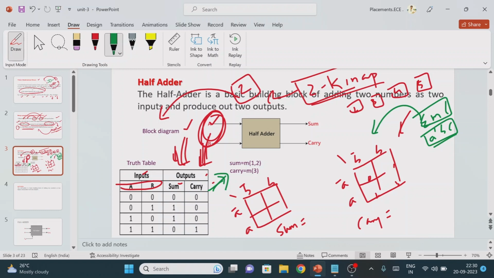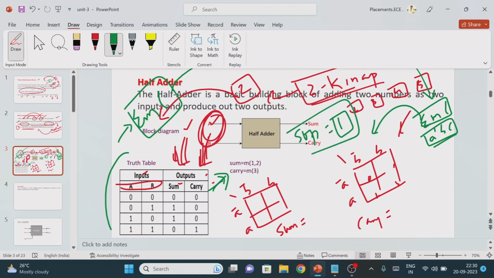So for that, we are going to convert this truth table in terms of minterm operations. If we convert it in terms of minterms, then we can plot it into the K-map representation, so that we can find the minimized expression, right? Now just see. By default we are plotting the SOP function, right? SOP function means representation of 1 in the output. If the output is 1, it is the SOP representation.